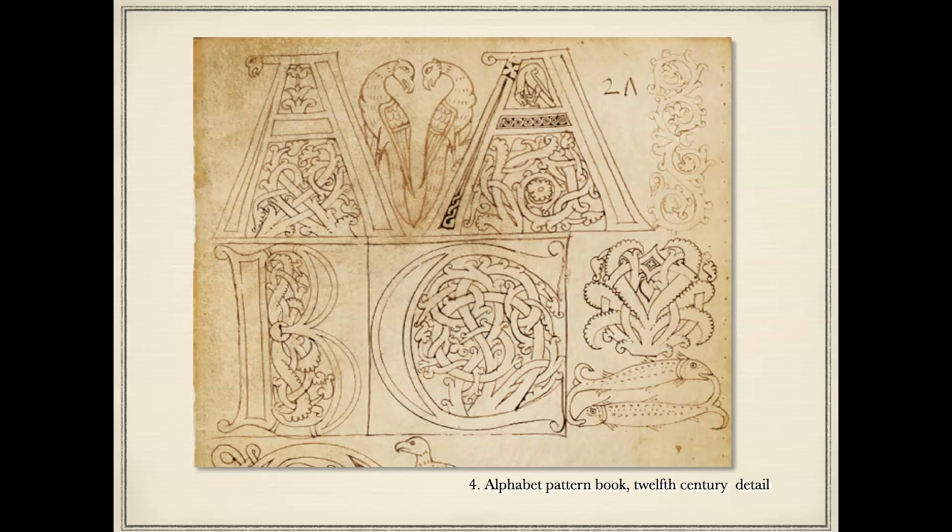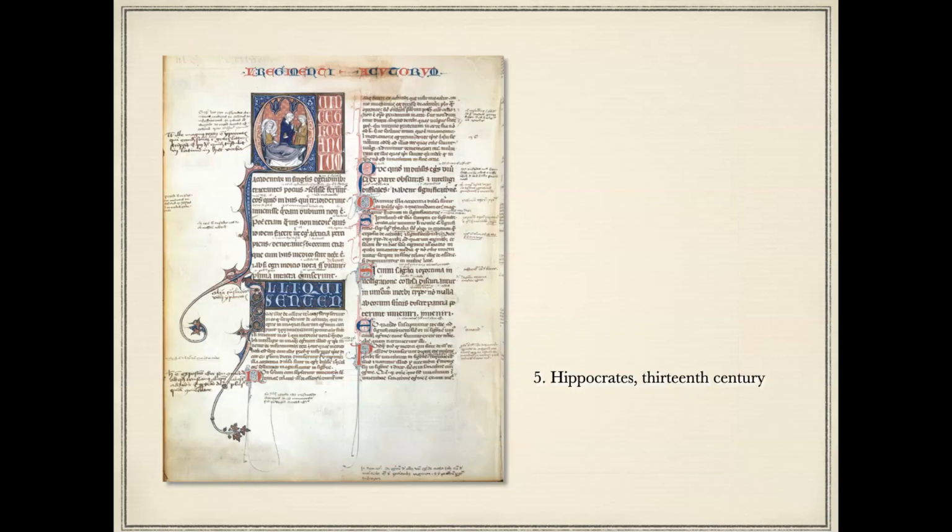And here's a close-up, so you can really see what I'm talking about. Inside, there are tails and dragon-like creatures and phoenix birds and different beasts in different places throughout the type. Really quite beautiful. Here's another, Hippocrates, a scientific form, and there we can see both minuscule and majuscule,